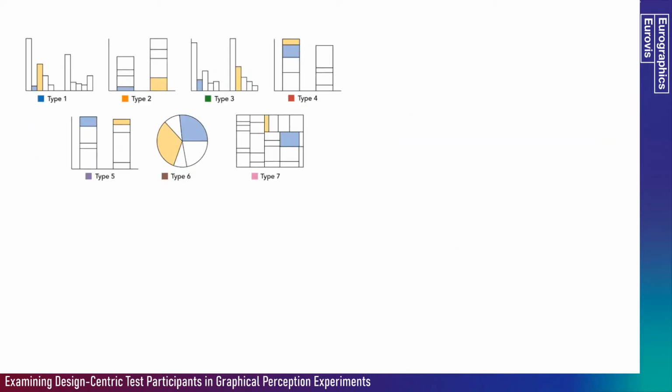So for our experiment, we performed a replication of Cleveland and McGill's and Heer and Bostock's studies with two populations, students and design professionals. We replicated both studies' tests on proportion estimation across different spatial encodings: position, length, angle, and area. We used the same charts as Cleveland and McGill, types 1 to 6, and added the tree maps from Heer and Bostock,